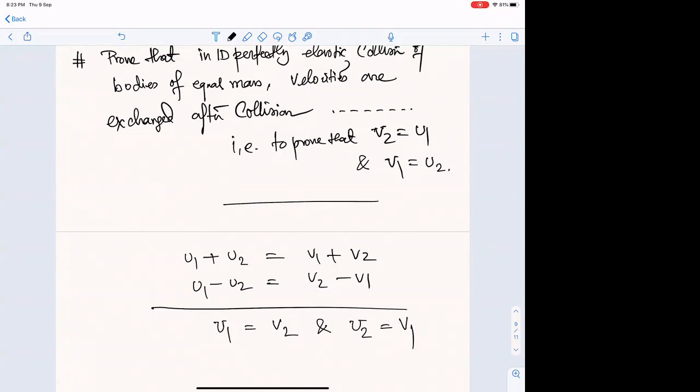An object slides without friction from height